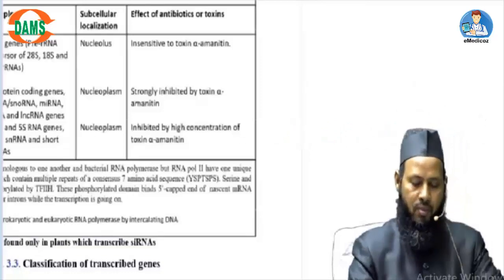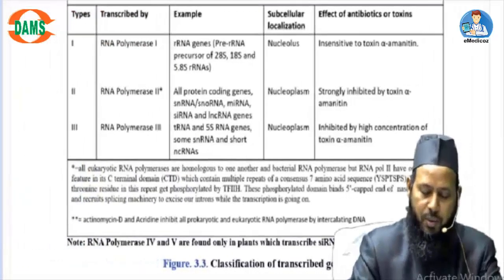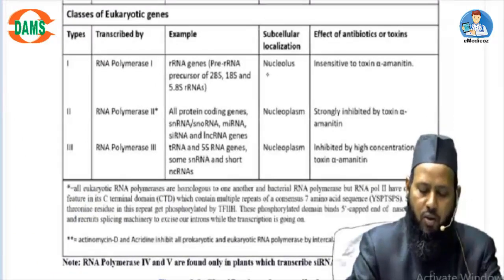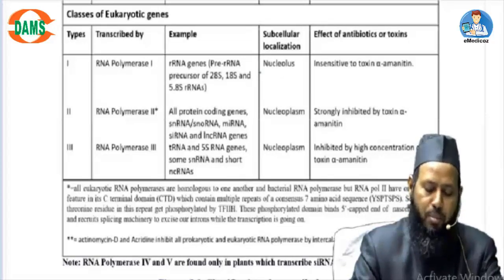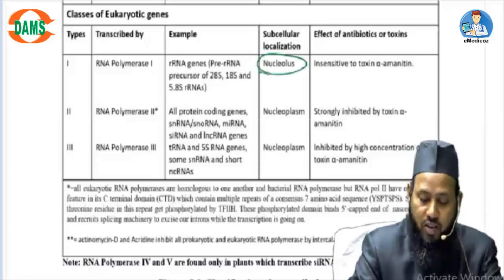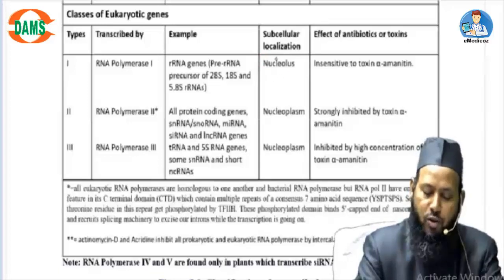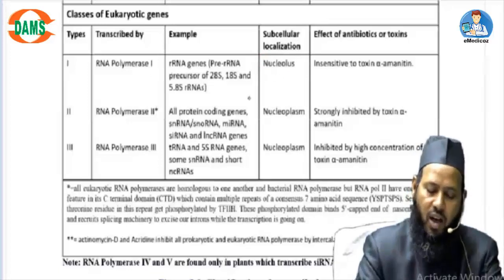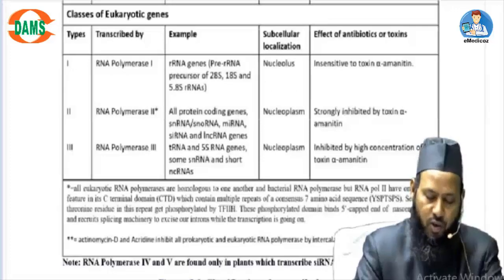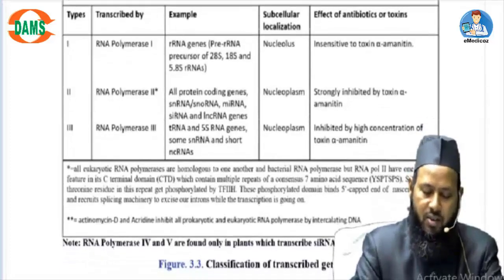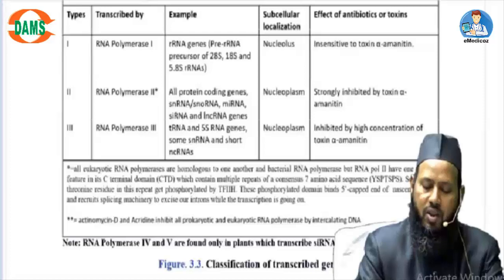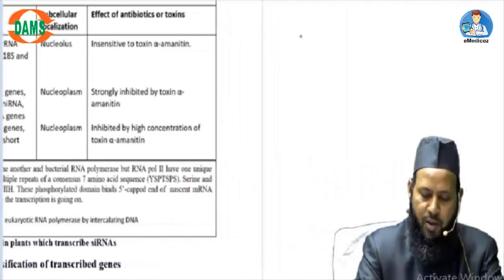Okay, so that's one thing to keep in mind from this table. And now there is the subcellular localization of these polymerases. RNA polymerase 1 transcribes by majority the ribosomal RNA, and the ribosomal RNAs are present in the nucleolus. Inside the nucleus there is a nucleolus, so they are nearby the nucleolus. So the RNA polymerase 1 is also localized nearby the nucleolus. While the RNA polymerase, it is said that in the nucleus, keep that also in mind,